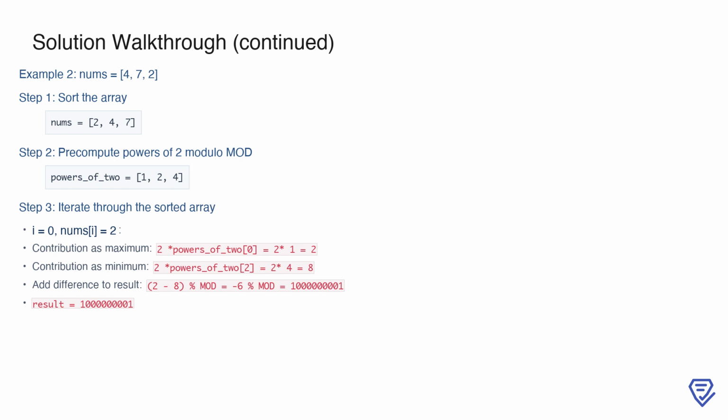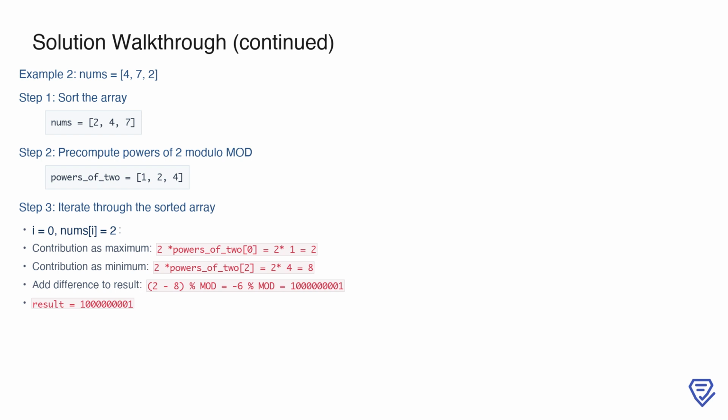Now, iterating through the array, for nums[0] equals 2, its contribution as the maximum is 2 * powers of 2[0], which equals 2. As the minimum, its contribution is 2 * powers of 2[2], which equals 8. The difference, 2 - 8, gives -6 mod 10^9 plus 7, which wraps around